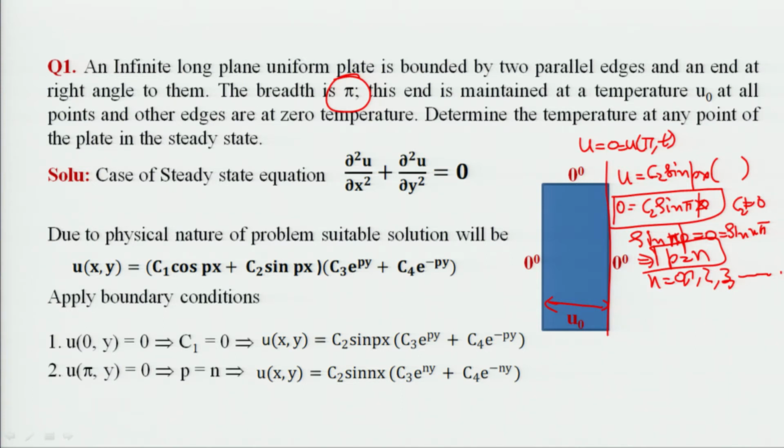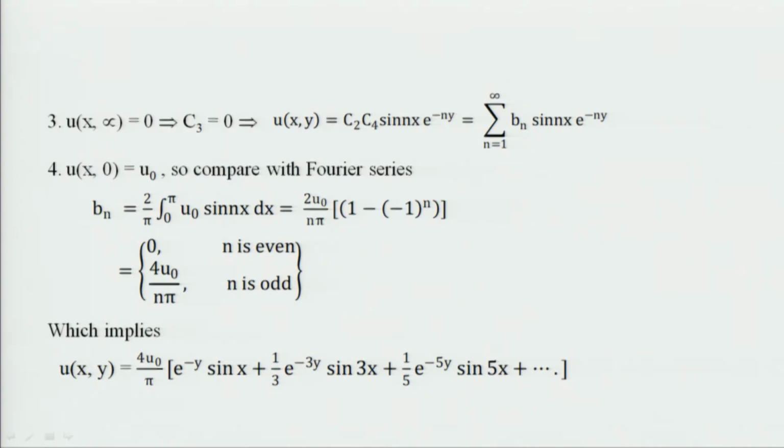By this, what would be our solution? The solution would be like this: u(x, y) equals C2 sin(nx) at the place of p, in the x as well as in the y component. Third condition: we had considered two edges of the plate. Now, the remaining edge is this edge, as the length of the plate